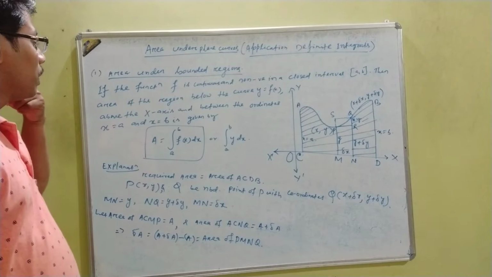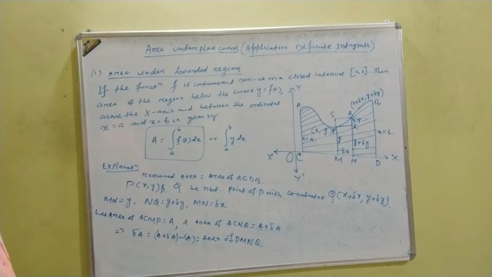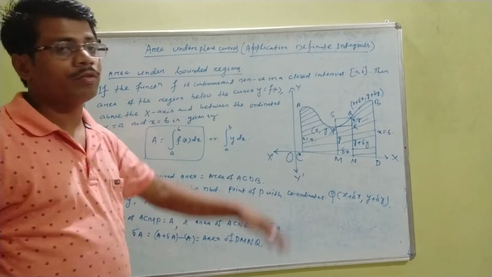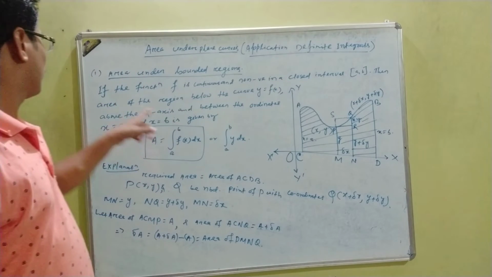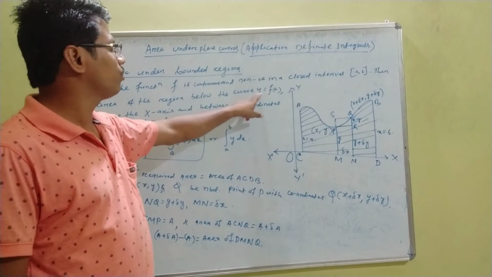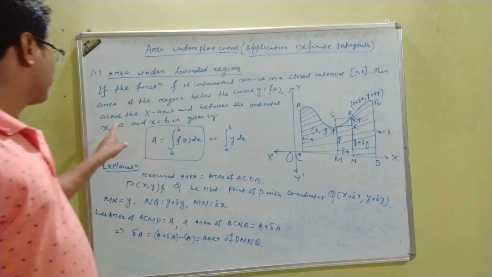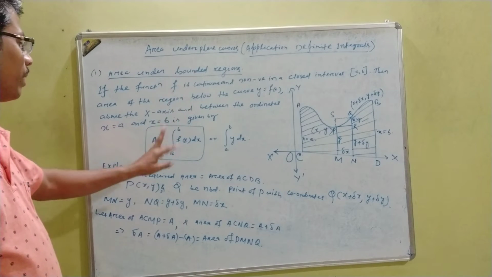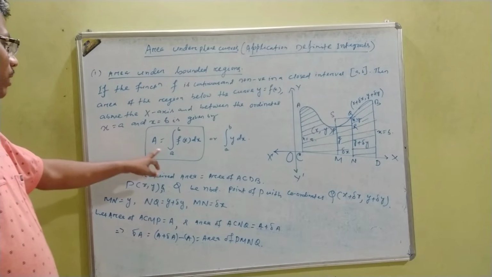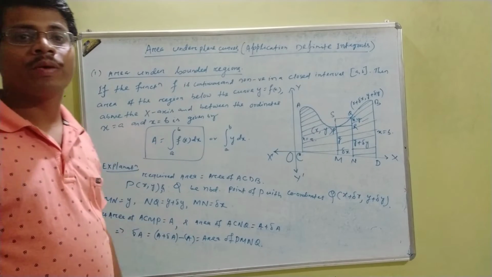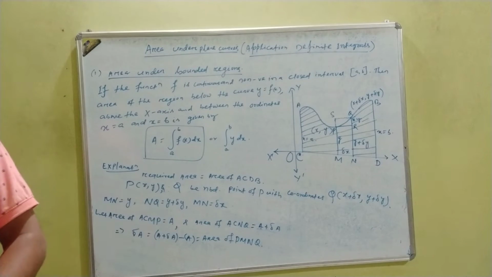We know about the function. If the function f is continuous and non-negative, that means the graph of the function is above the x-axis in a closed interval [a, b], then the area of the region below the curve y equal to f of x, above the x-axis and between the two coordinates x equal to a and x equal to b is given by A equal to the integration from a to b of f of x dx, or commonly we use area equal to integration from a to b